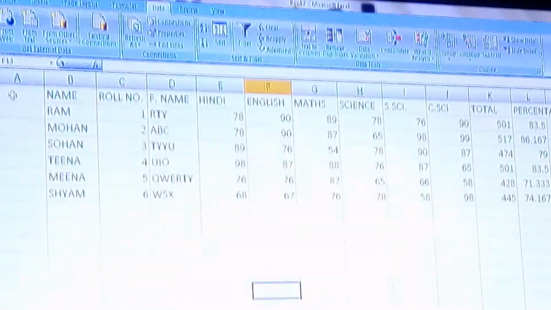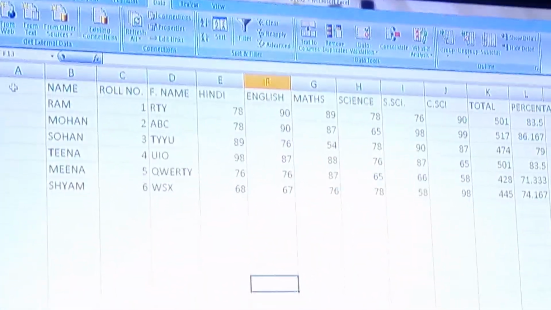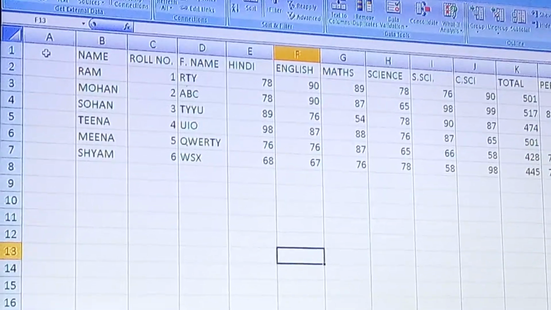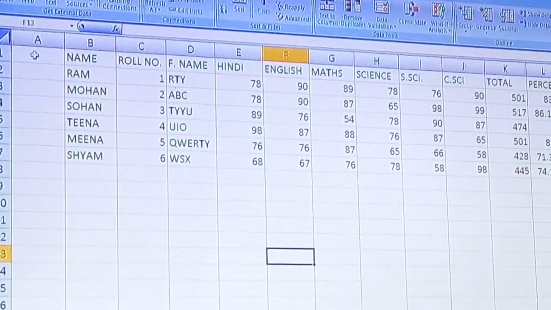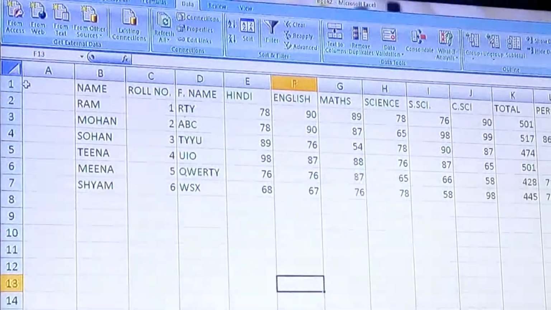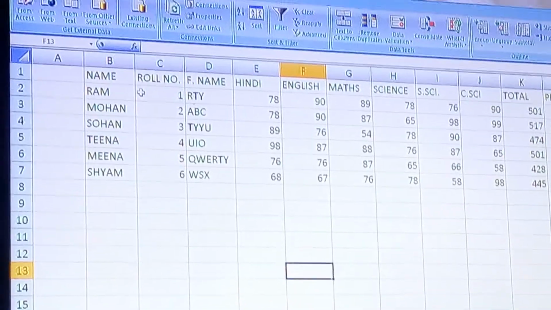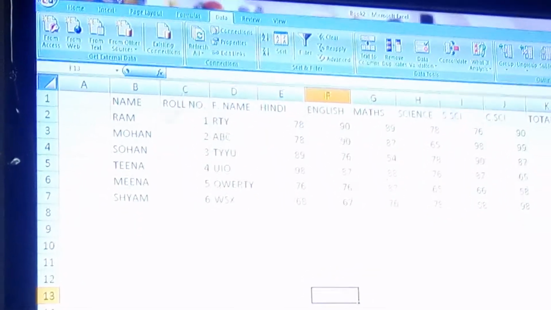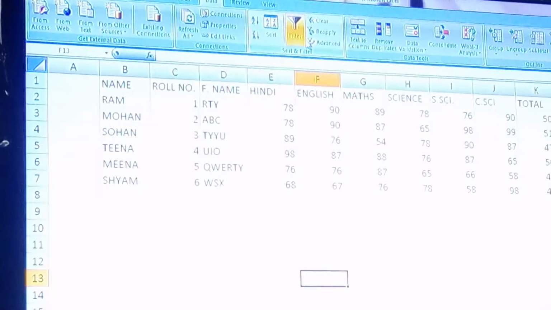In Advanced Filter we can provide the condition at another place and use it at the desired location. Whereas in AutoFilter, there is a filter of text or numeric which you have to give at that particular place. There is no concept of giving a condition at another place. Here in Advanced Filter, there is a concept of giving the condition at another place.